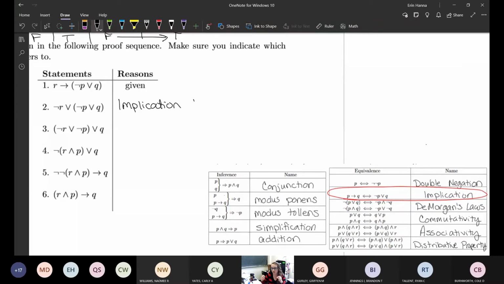And remember, you always refer to which step it was used on. So it was used on statement 1, and we used the implication to get there. And then from step 2 to step 3, let's try to see if step 3 might have come from step